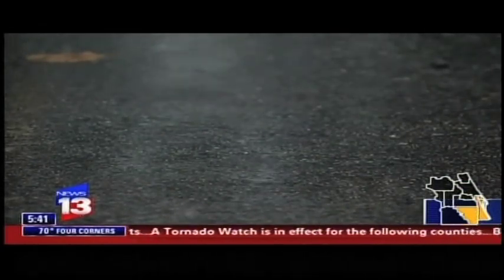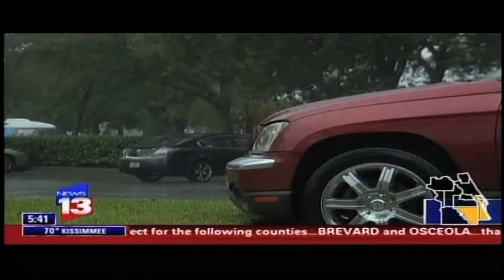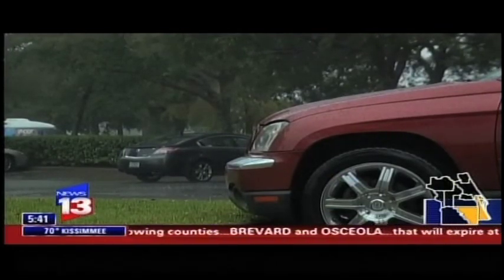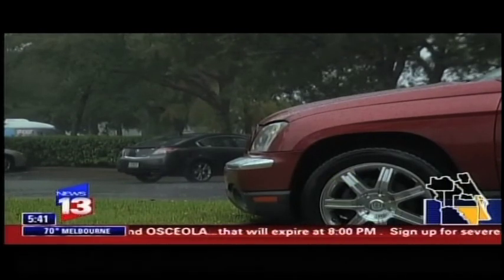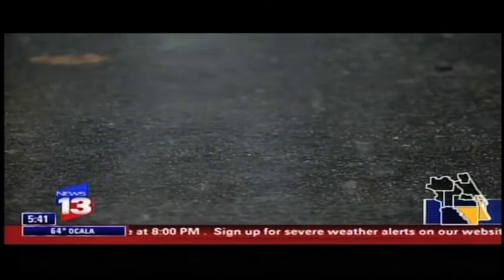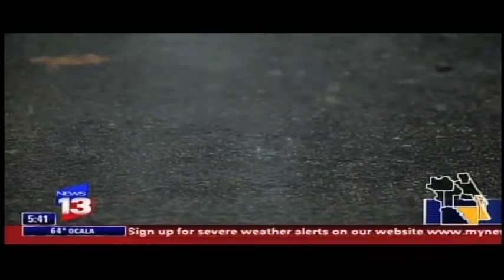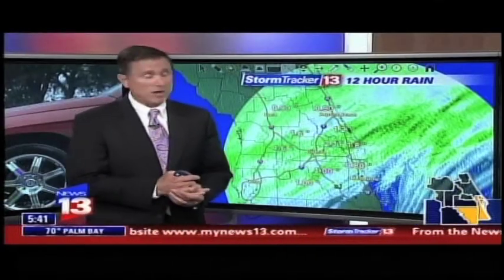We had 45, 55 mile per hour winds in some locations. Of course, we had the EF2 tornado that touched down way up in the panhandle of Florida, North Florida actually. But what we did not see is that type of weather here in Central Florida. Of course, in and around Seminole County, it was definitely a mess, and you can see the cloudy, wet weather there. All right, I'll take you into what's happening with the last 12 hours in terms of rainfall amounts in